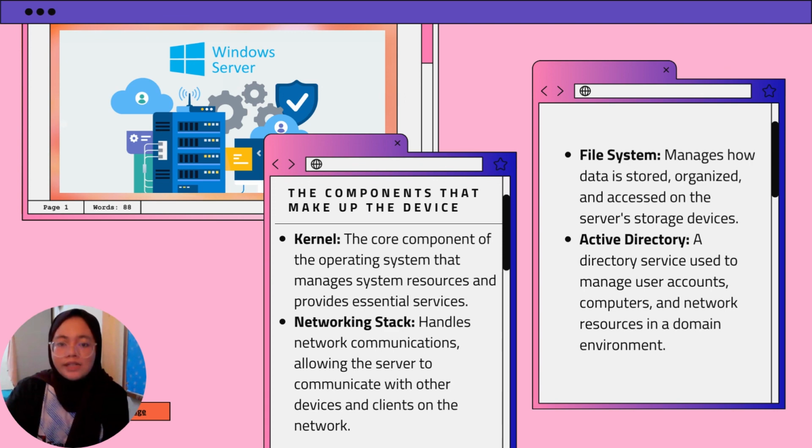Next content is the components that make up the device. There are 4 components of Windows Server. Firstly, kernel. Kernel is the core component of the operating system that manages system resources and provides essential services. Second, networking stack. Networking stack handles network communications, allowing the server to communicate with other devices and clients on the